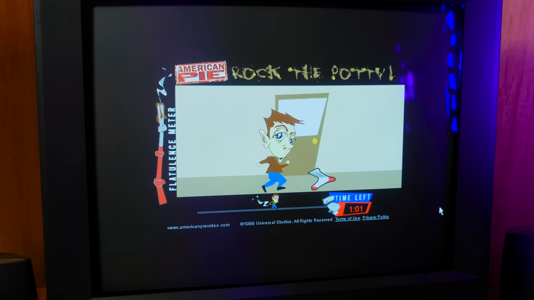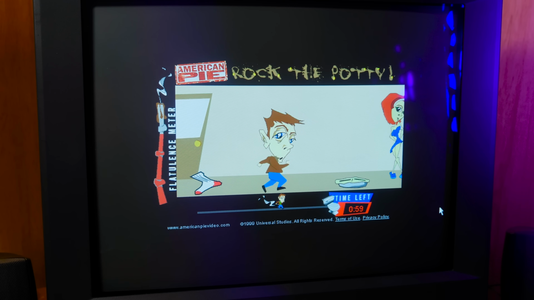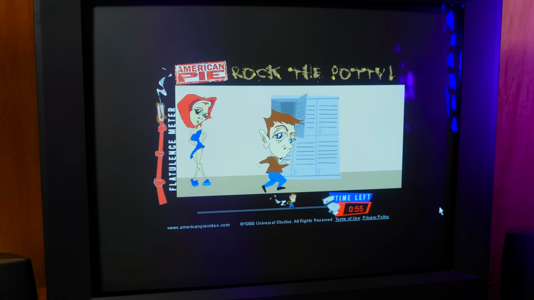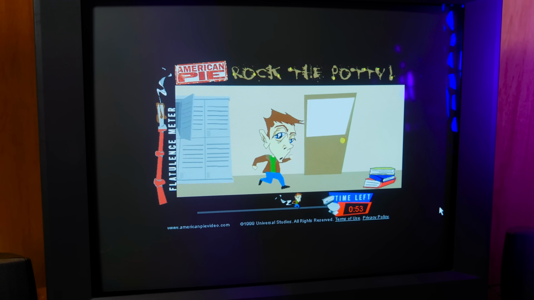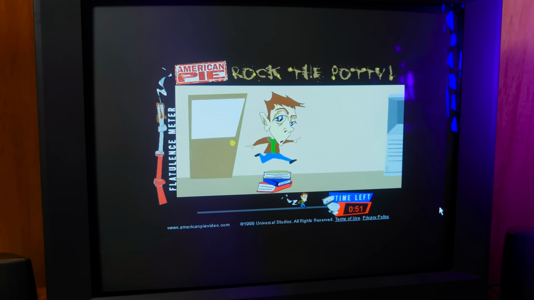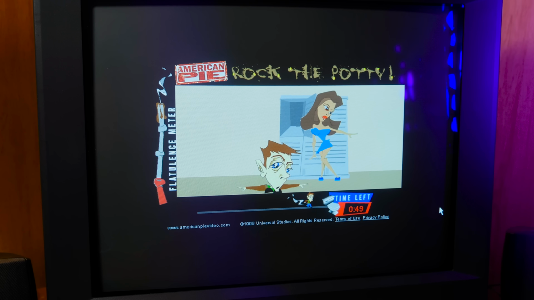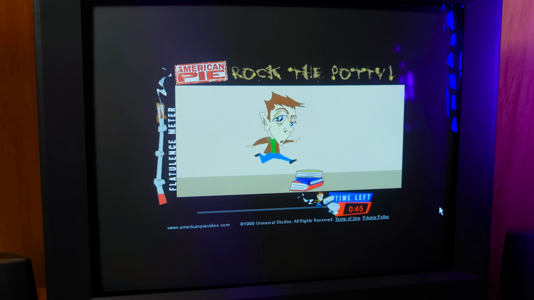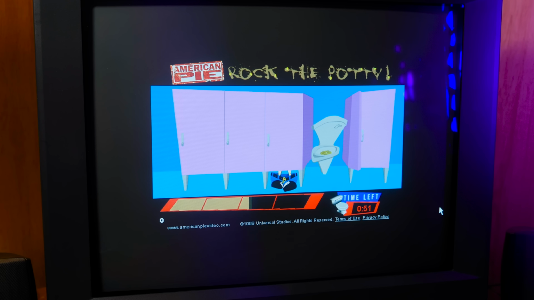Yes, Rock the Potty is included here too, a side-scroller platforming flatulent Flash game where you play the character Finch during the scene where his mochaccino is spiked with laxatives by Stifler, and the kid has to run through the school hallway to the nearest toilet and take a giant dump before soiling himself. Flash games, it's a lost art form, or at least a fart form.